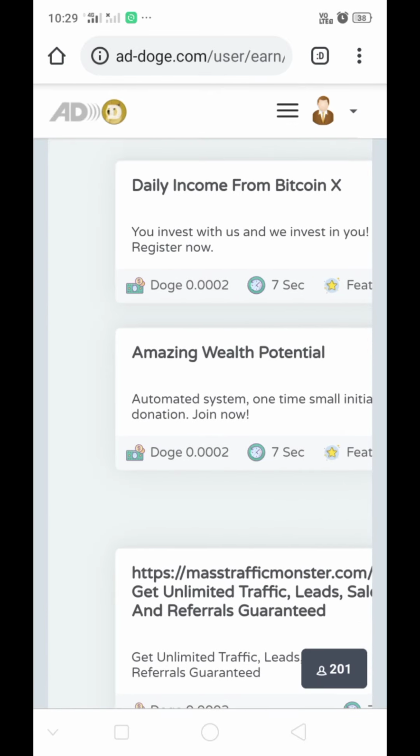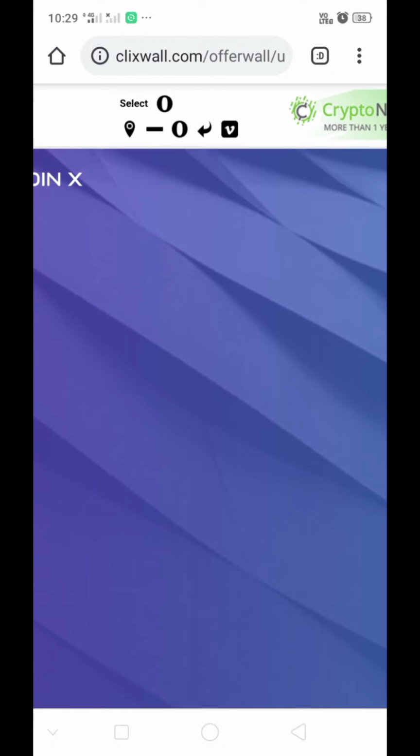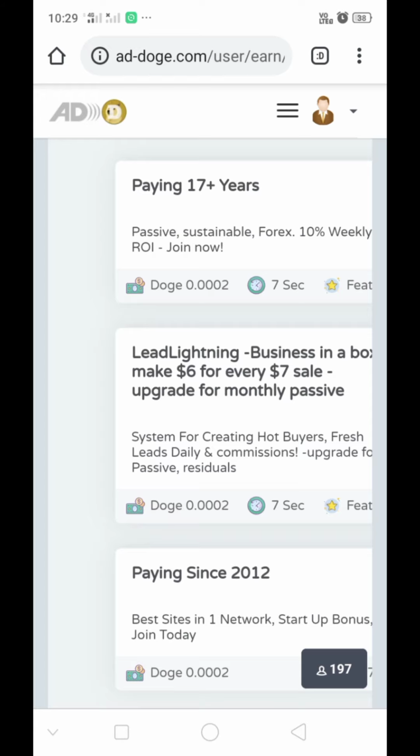Now I click on this ad. Select the symbol which shows there and wait until the load is completed. After that, go back. In this way, do it with all ads.